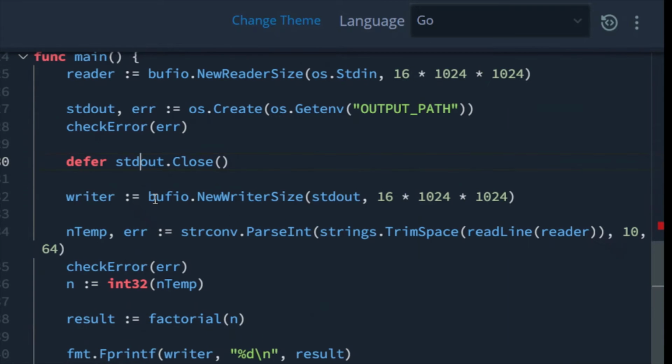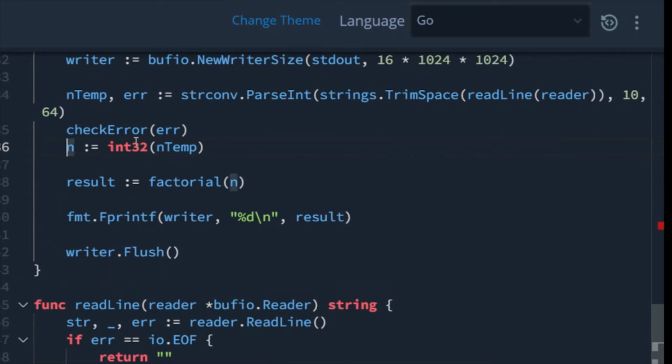Then they create a writer, read the input and store it in ntemp, convert ntemp into int32 and create a new variable called n. Now they call the factorial function by passing that n, whatever was read from the stdin.